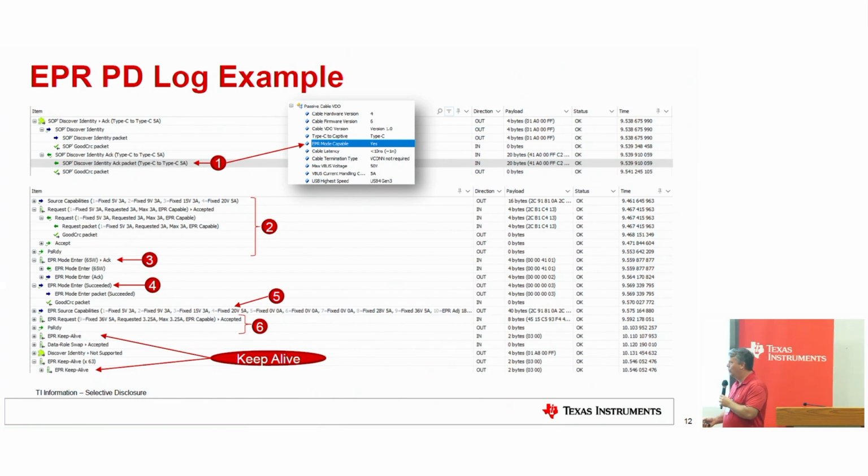This is one of the tools that captures and decodes all the traffic on the CC line going back and forth. But as I mentioned, it's just kind of showing the various steps here going through to keep alive. And it's all the information decoded. So step one,